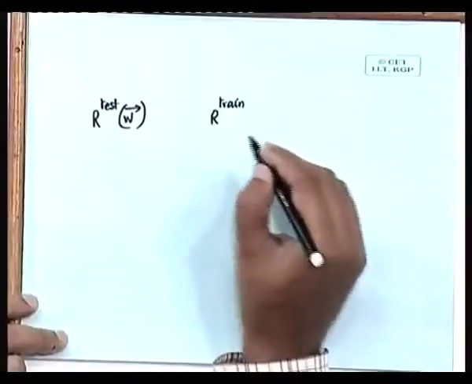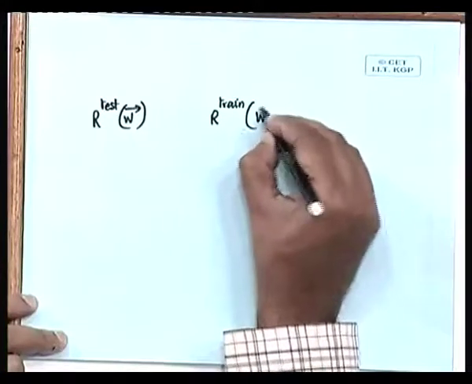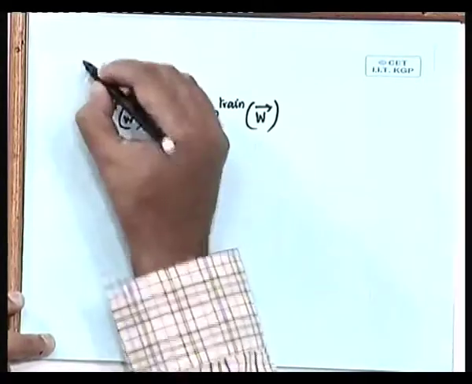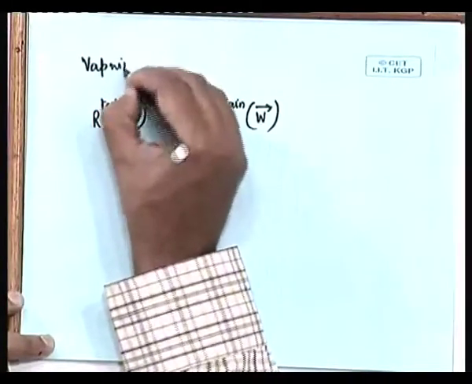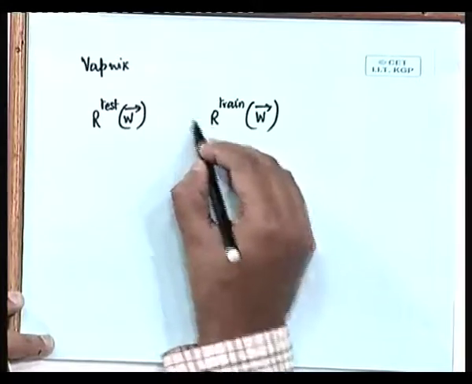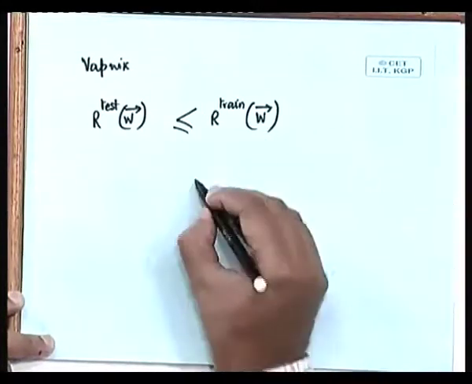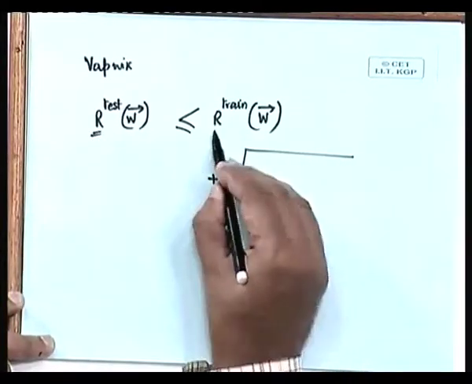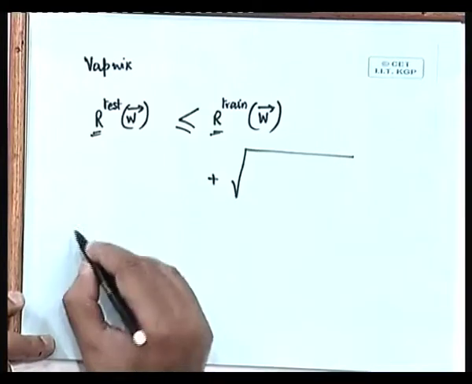So let us stick to the original nomenclature, and instead of using alpha as the vector of free parameters, we take the original notation of W as the vector. So W vector, the free parameter vector, and again R train also will be in terms of the W vector. In fact, the relation that Vapnik had pointed out is that R test W should be less than or equal to square root of,